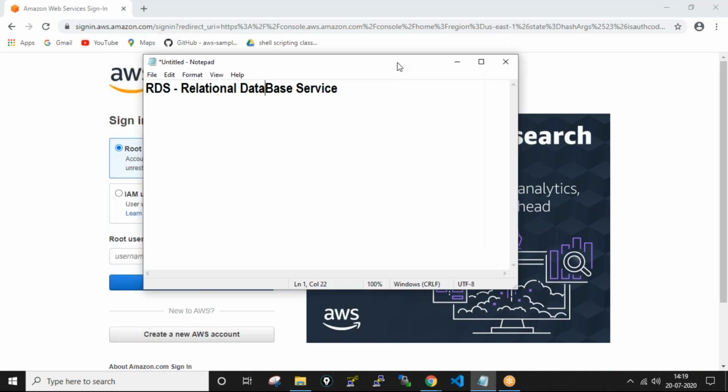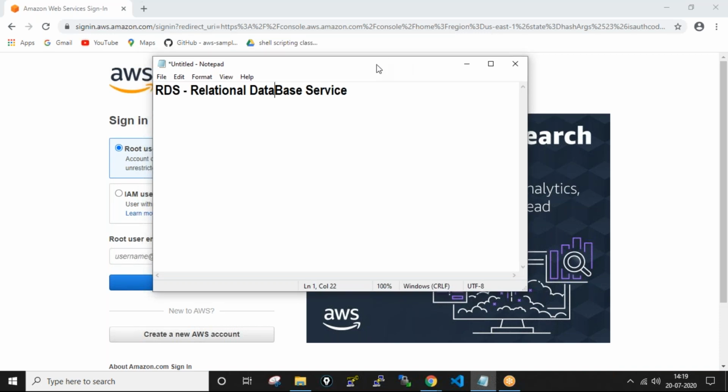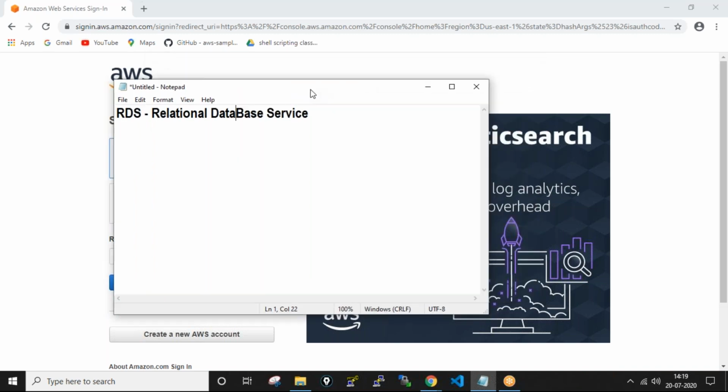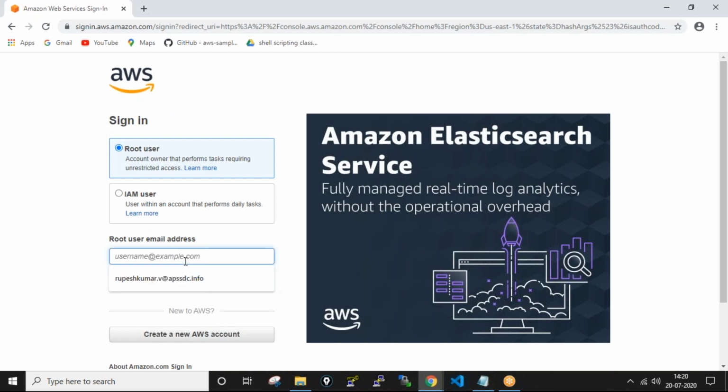right? So how to connect the front end to back end, which means we have to create a database in the back end, and we need to connect from the front end. So first of all, we need a server, and after that we need to take a database connection. So we need to create the database, and after that we will connect to the front end. So let me open quickly my account.